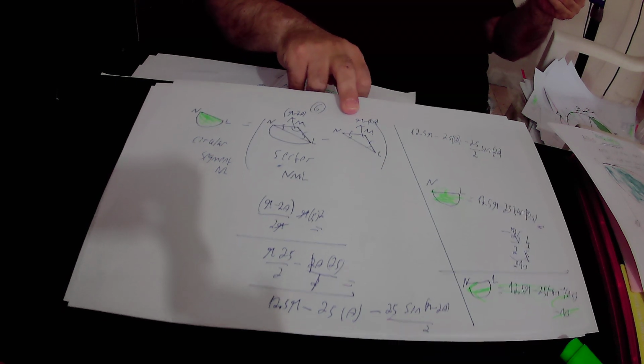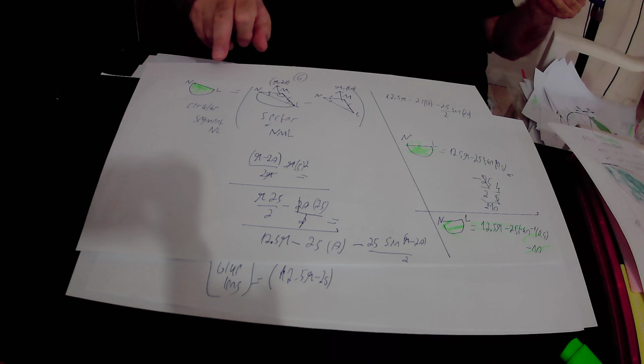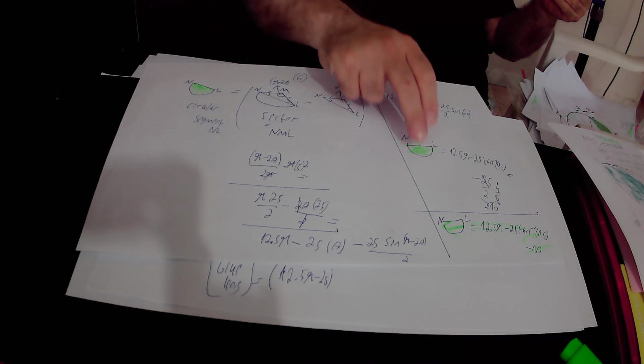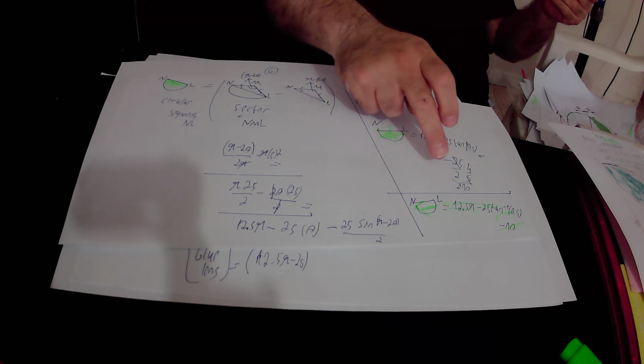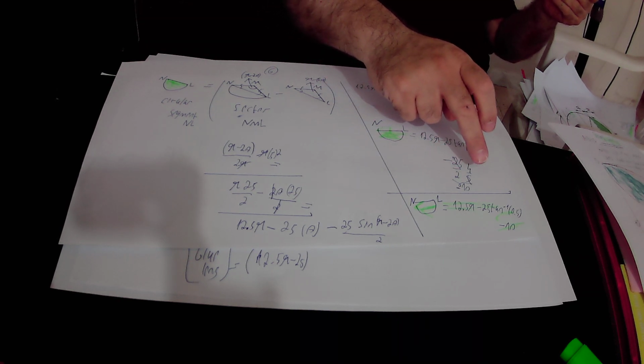Okay? And in conclusion, the area of the lower circular segment NL equals this expression, 12.5 pi minus 25 times sin inverse of 0.5